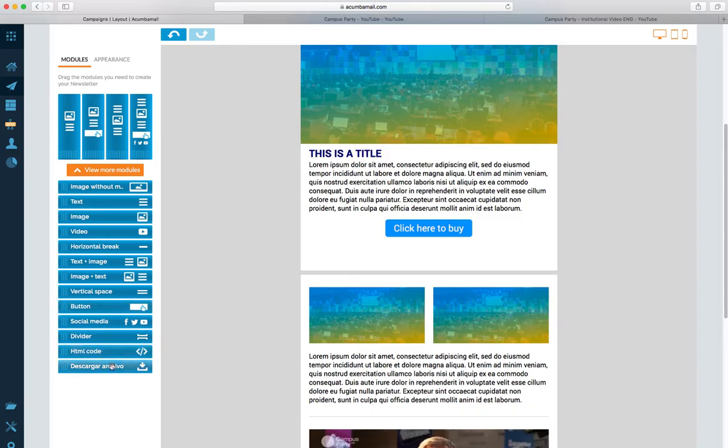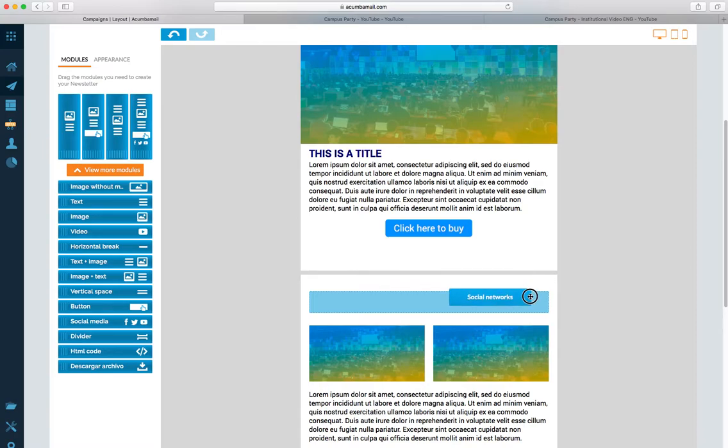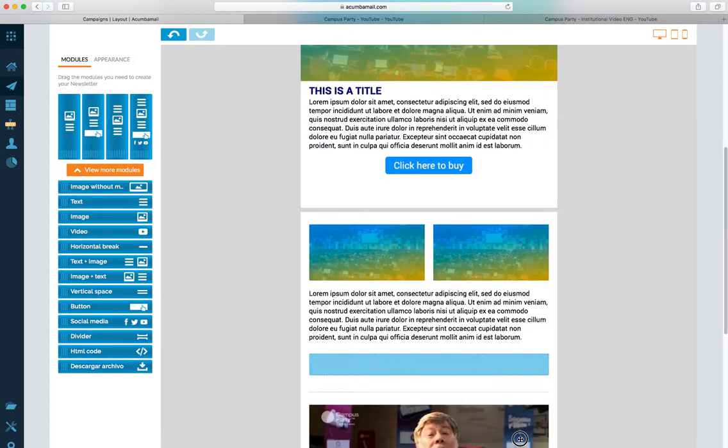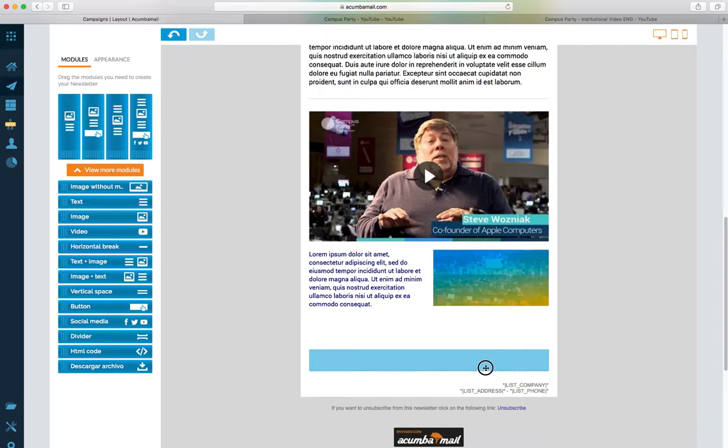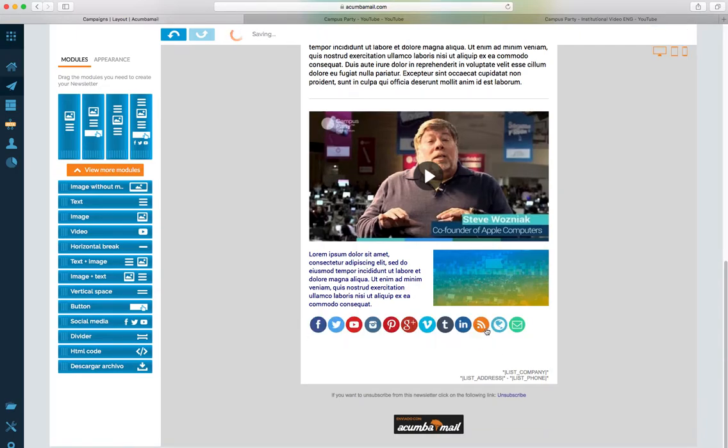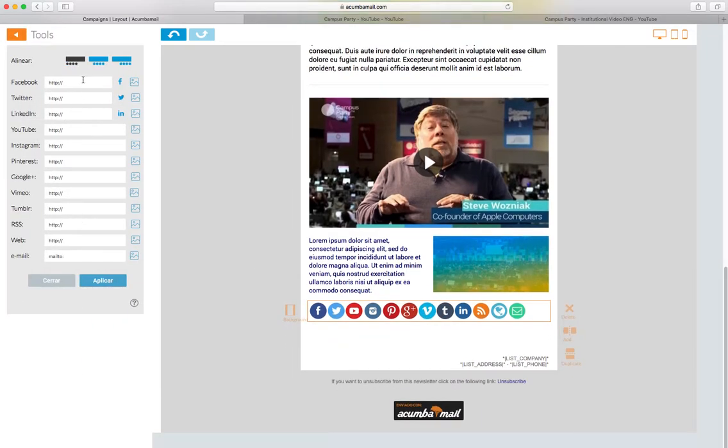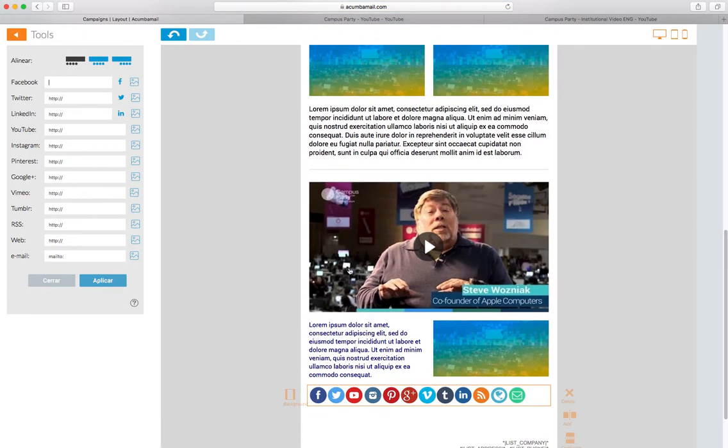I want to add social media. Maybe here I want to, no, here not. Let's add it at the end. This is mostly information that we add at the end. So there are a lot of buttons of social media. You just have to edit, and again it's the same structure. The alignment. This is in Spanish. They didn't translate it. So I will let it center, and here I will add